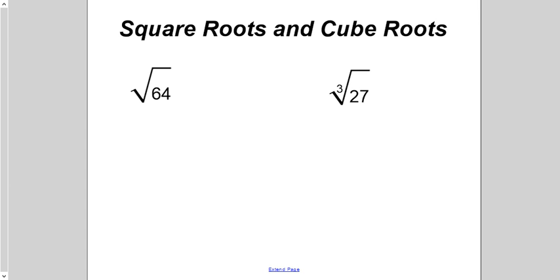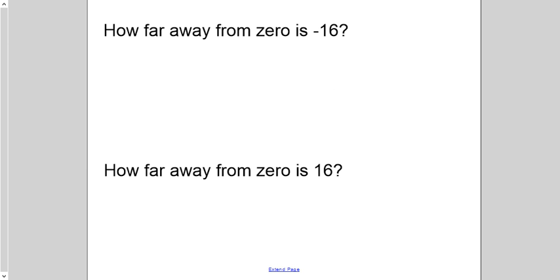Let's learn about radicals, or square roots and cube roots. A lot of times in MAP testing and other scenarios, you've already seen these types of problems before, and they're just asking you a simple question of, hey, what's the answer of this? And you just don't know how to interpret what it's asking. But if you remember back to 7th grade math, maybe 6th grade math, depending on when you first saw it,